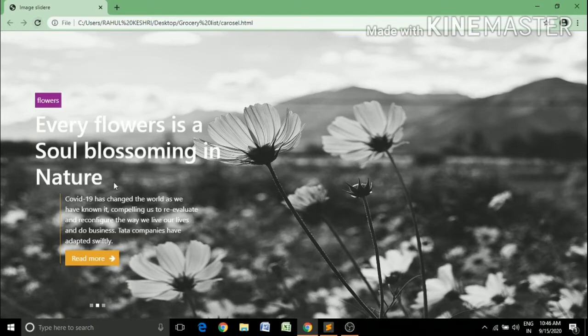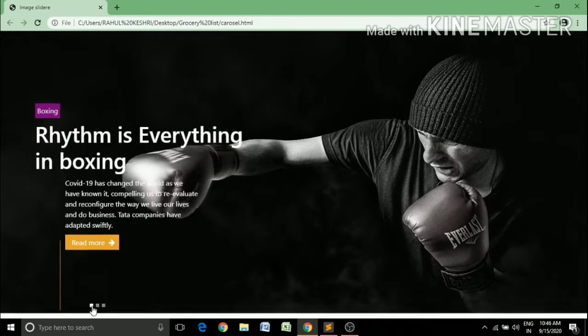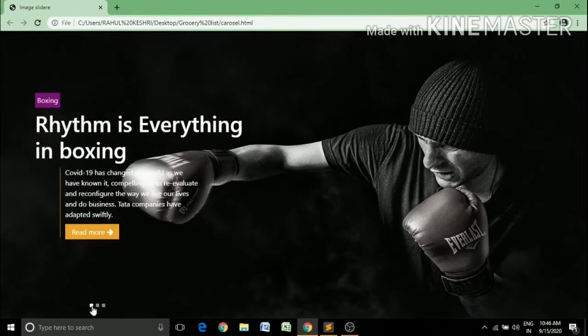And one more thing, when you click on the specific dots, for example, if you click on the first dot, then the first carousel image appears, okay, and slides. So that's our project that we will have to do today. Okay, so let's get started to build out this carousel.